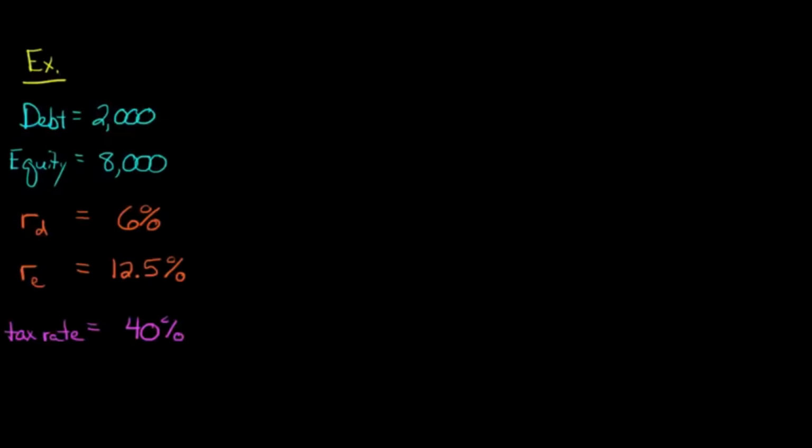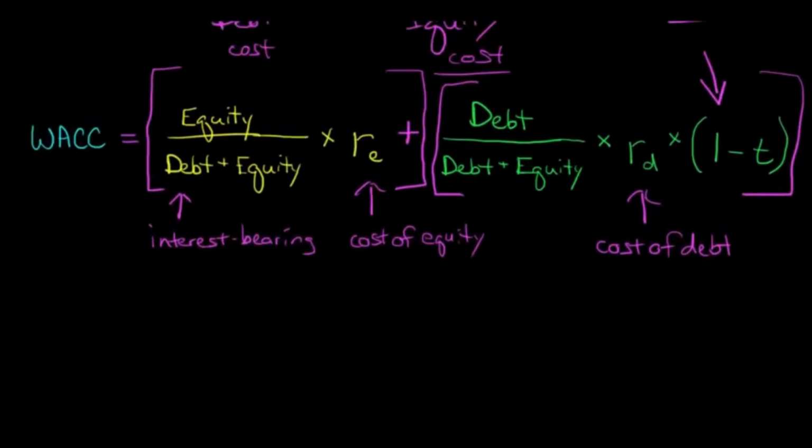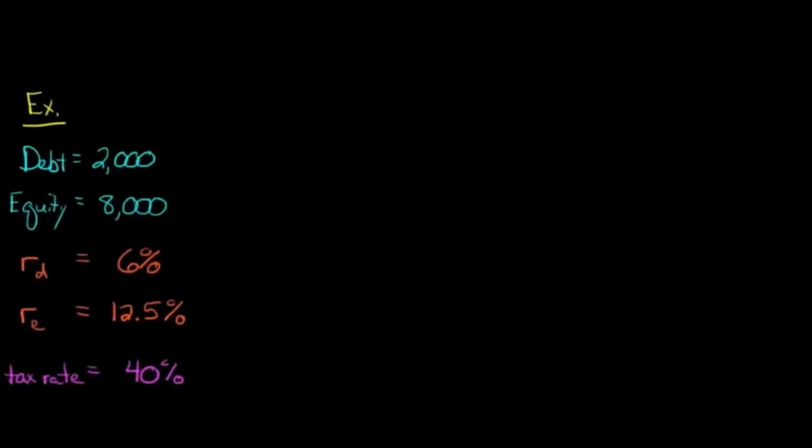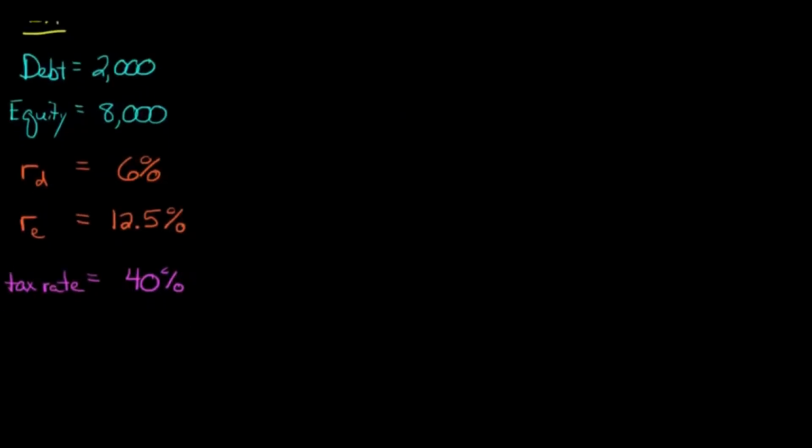Now we can just plug the numbers into this formula that we have here. In the interest of space, I'm going to do that down here right below our example. So let's go through this step by step. The WACC, our weighted average cost of capital. We can't just take these two, add them up and divide by 2, right? Why can't we do that? Because debt is only $2,000 of the financing and equity is $8,000. I hope you understand the concept behind why we're doing this.